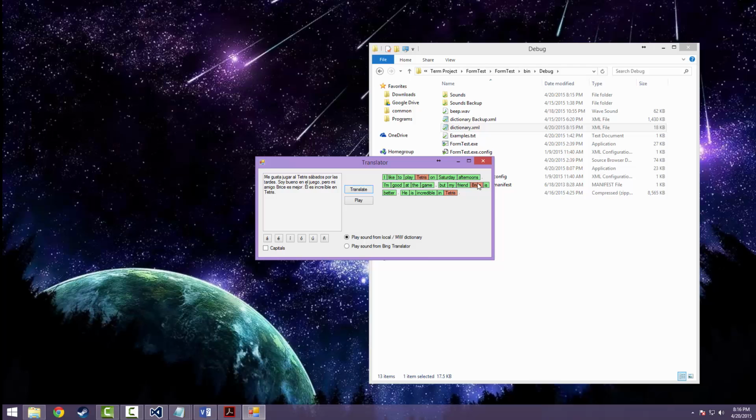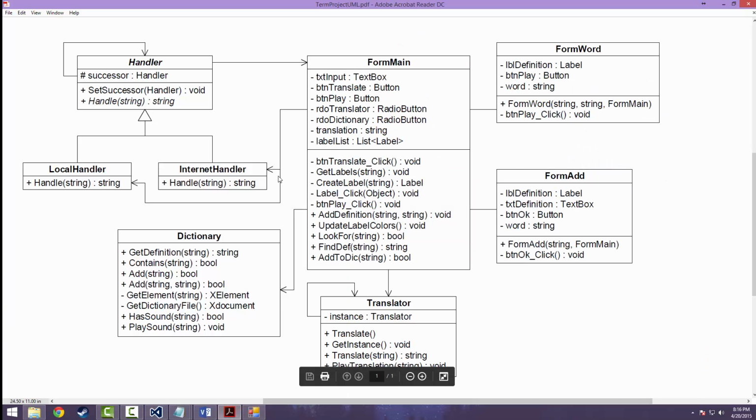Words that are red, on the other hand, are words that do not have a definition or a sound file stored locally. And then there's a third color, which is yellow. Yellow means that there is a definition stored locally, but not a sound stored locally. And so for these words, since they're red, if we look at the UML again, what's happening is the local